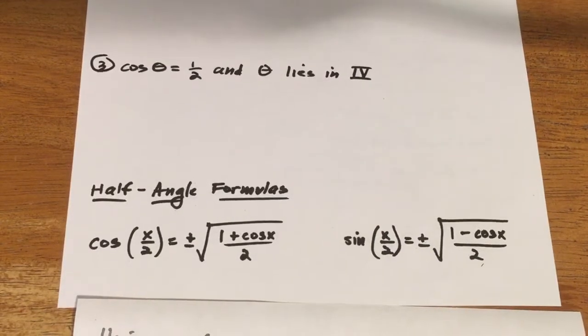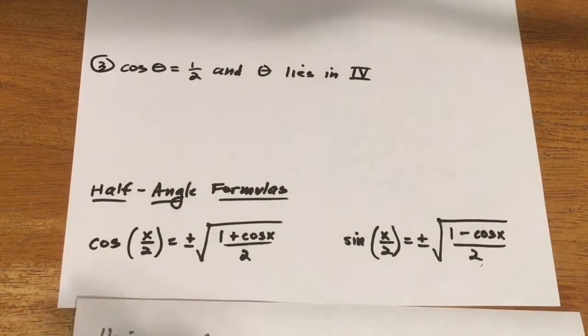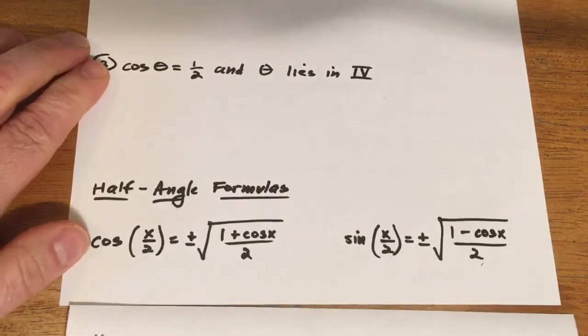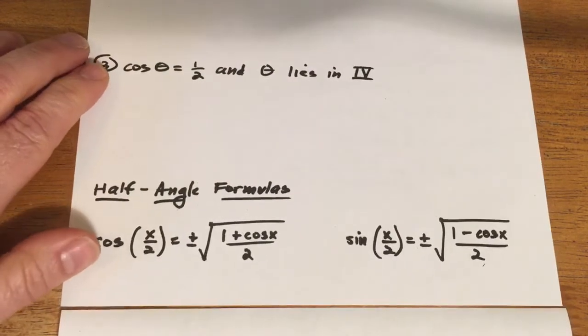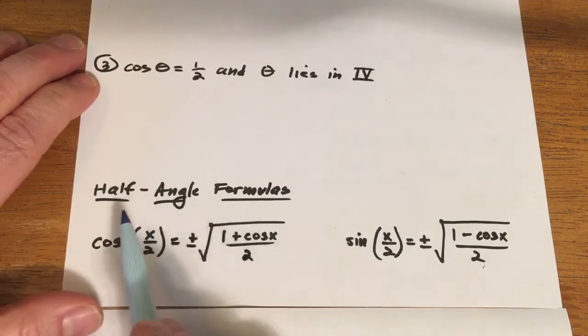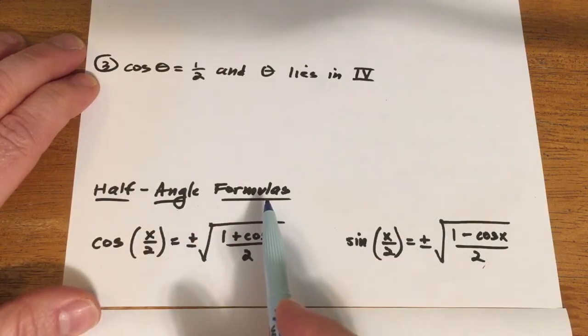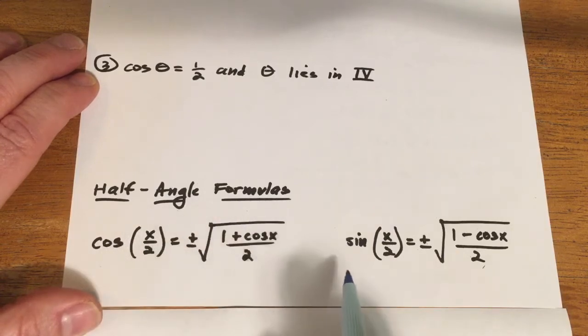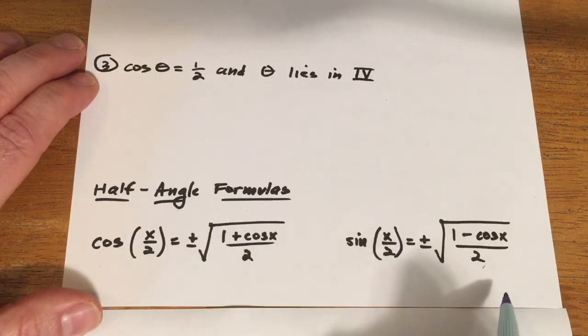Okay, ladies, gentlemen, we are into half-angle formulas. We mentioned half-angle formulas briefly at the end of the previous video. Basically, half-angle formulas are ways to figure out exact cosine and sine and also tangent values for special angles that